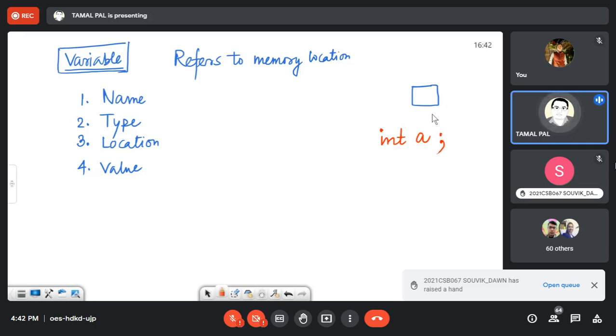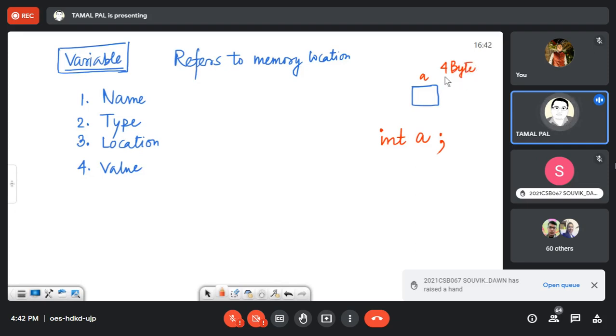I will discuss all of these, but don't get confused. Now, what does it mean in C language? A refers to a memory location. A is a variable. It refers to a memory location where we can store data. Let's say this is A. It may contain some data. Usually, in a Windows-based compiler, the size of an integer variable is 4 byte.